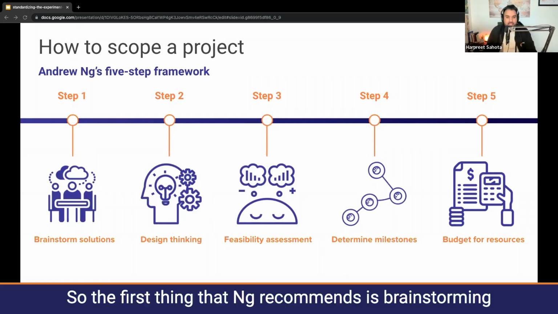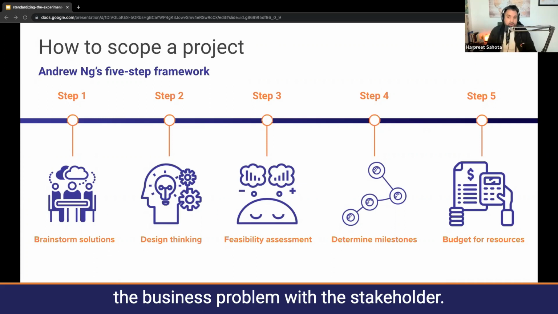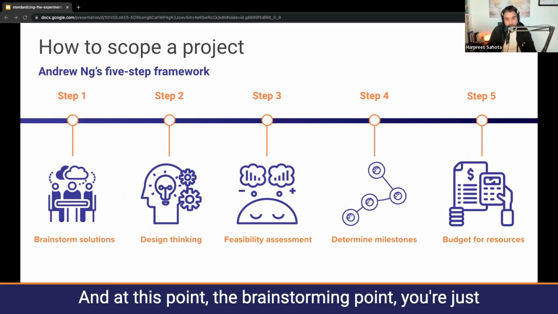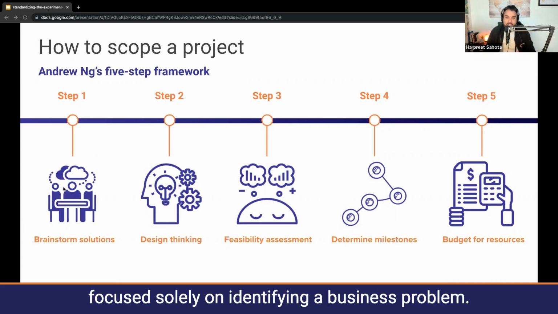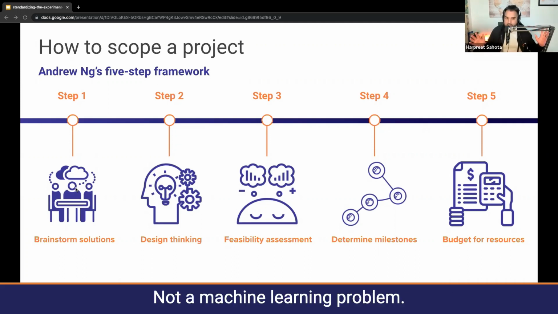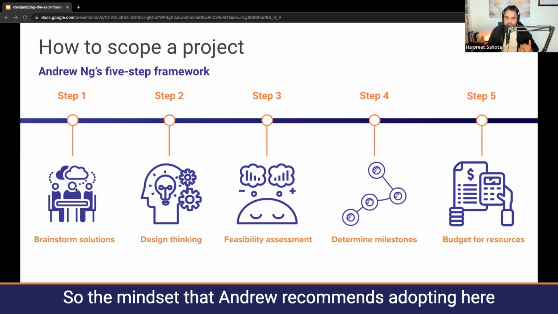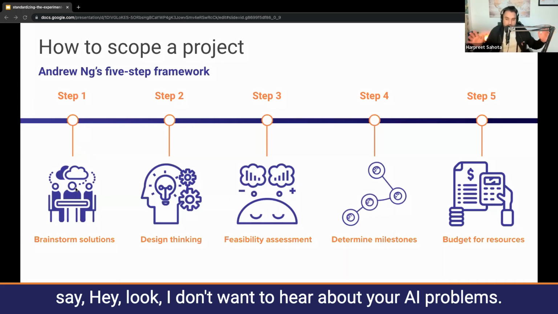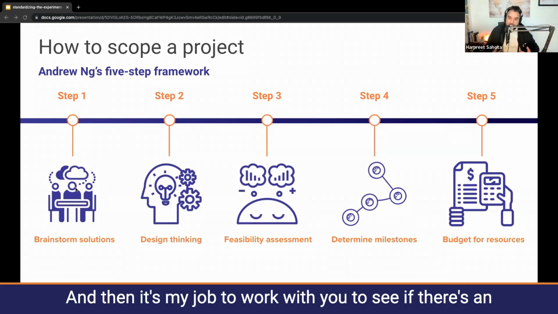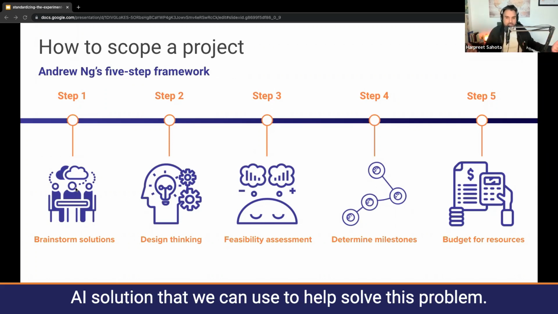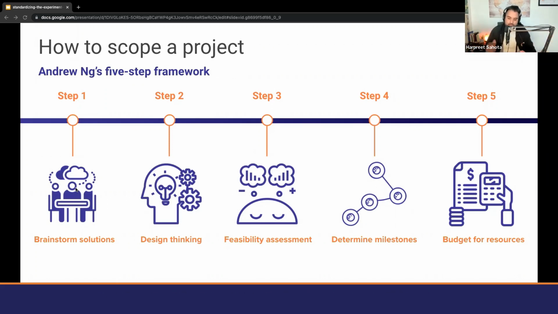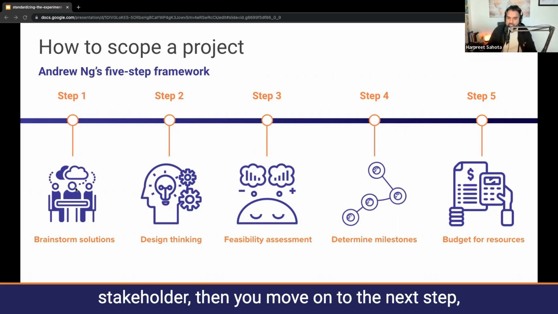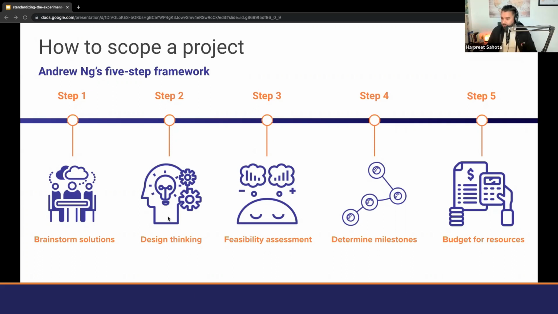So the first thing that Andrew recommends is brainstorming the business problem with the stakeholder. At this point, the brainstorming point, you're focused solely on identifying a business problem, not a machine learning problem. So the mindset that Andrew recommends adopting here is you go into this meeting and say, hey, look, I don't want to hear about your AI problems. I want to hear about your business problems. And then it's my job to work with you to see if there's an AI solution that we can use to help solve this problem. And so once you've had this conversation with the stakeholder, then you move on to the next step,